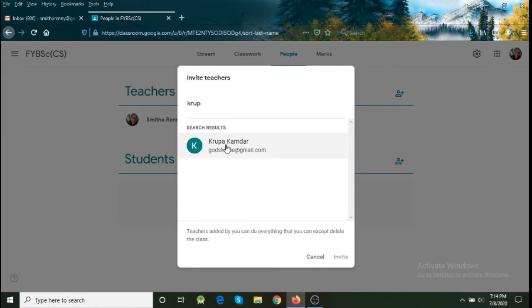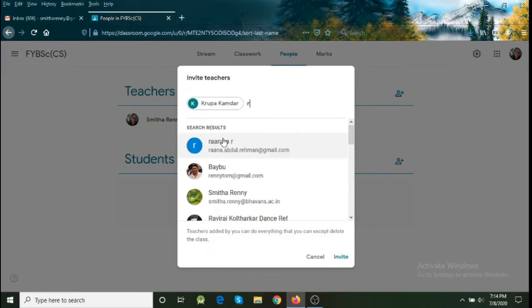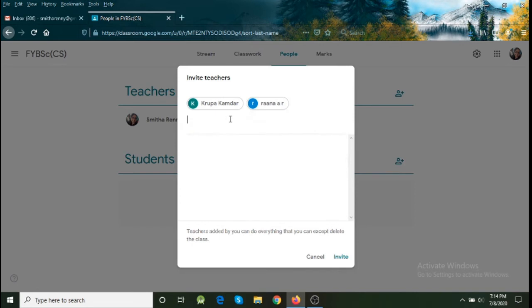I have her mail ID, so I can just select it, and maybe one more teacher I will add Rana ma'am. I have her mail ID also, so I add these. So these are the teachers I want to give an invite to for this particular class, and I'll click on invite. So when I do that,